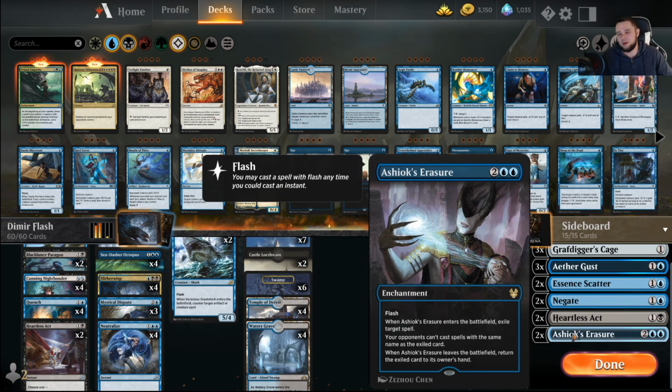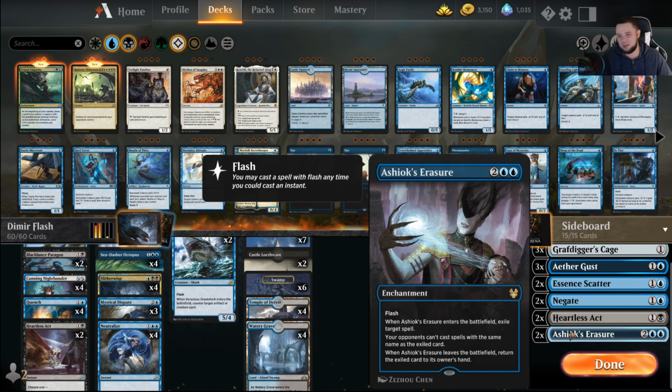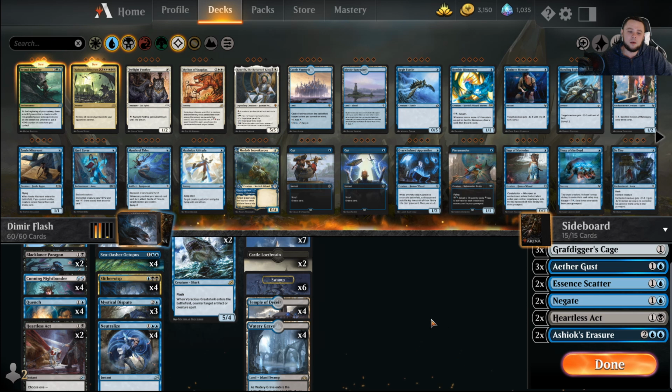Ashiok's Erasure, I'm still not 100% sure about. Well, I see the utility for it. Things like Gruul is exactly where we wanted to use it at, to be able to not have them Ember Cleave or Shift and Ceratops anymore. But then they just Cinder Vines blow it up, so it doesn't feel good. But this is what we